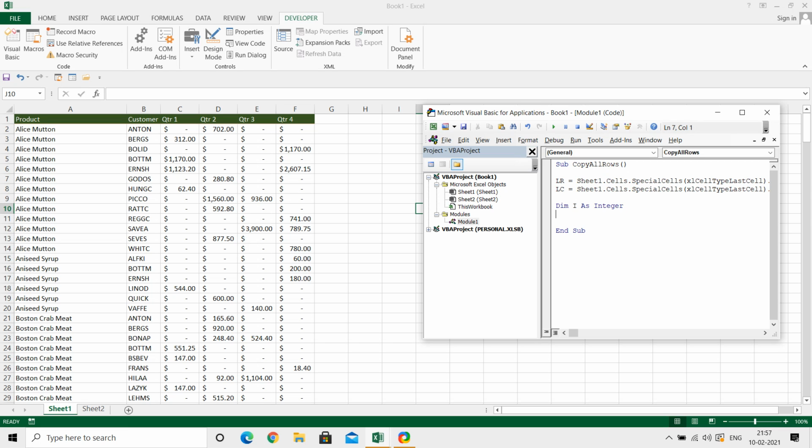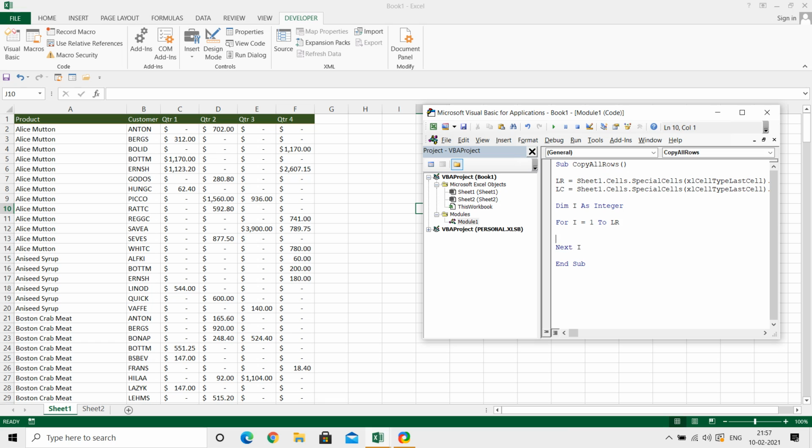Then For I equal to 1 to LR, that is last row. We have to execute the macro that many times. For I equals 1 to LR, Next I.